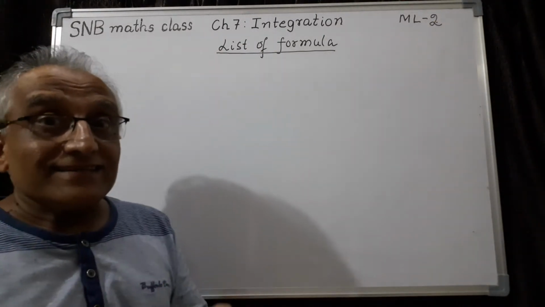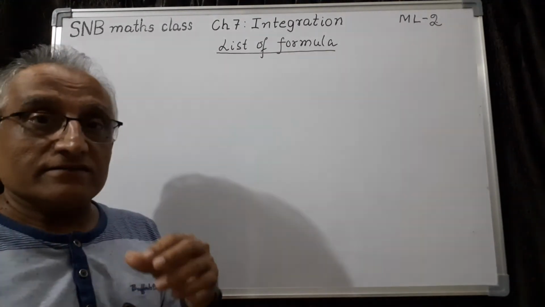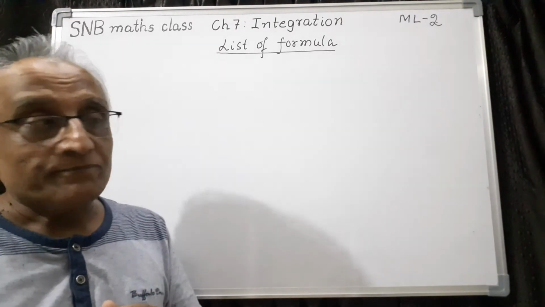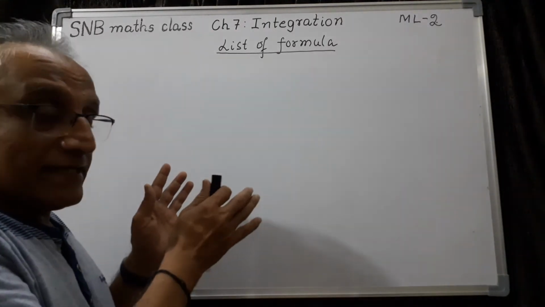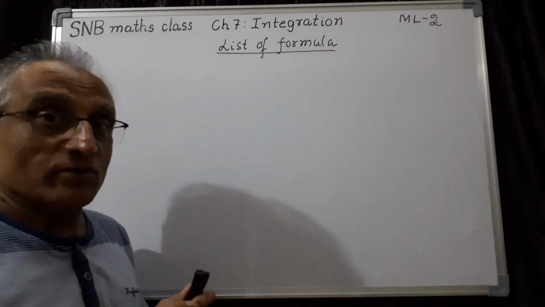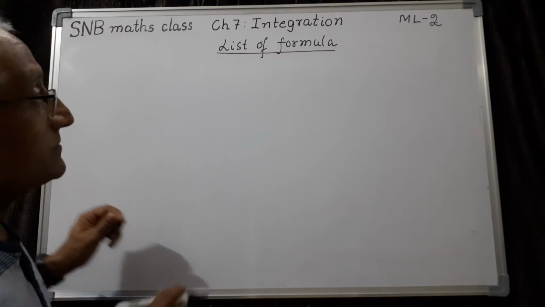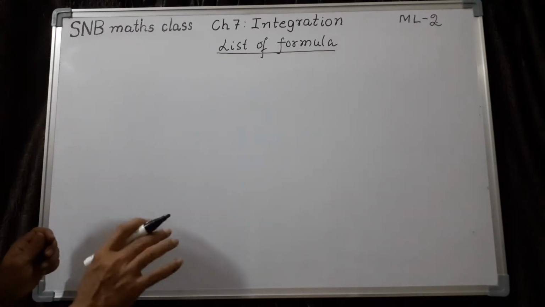In the last class, I defined what is integration. That's the first thing. Then we have seen what are the symbols and other things we have to use. Then we have taken some general examples. Then I started with the formula, and we got one formula, that is the algebraic formula. So now let us continue.